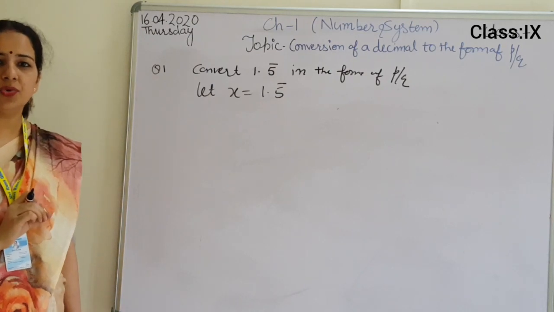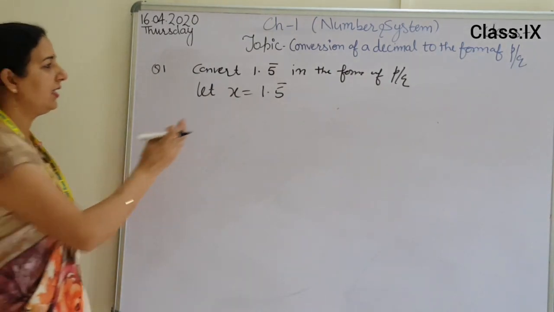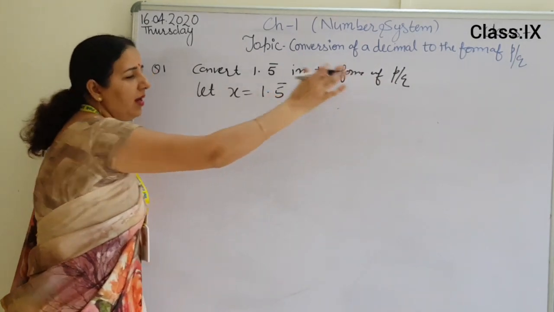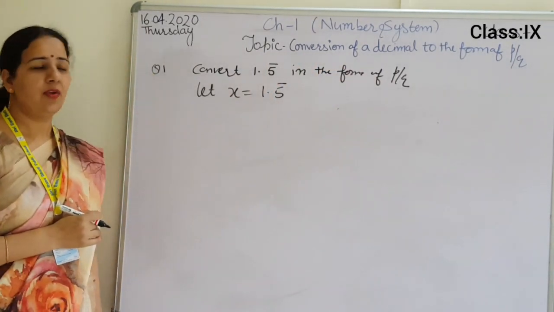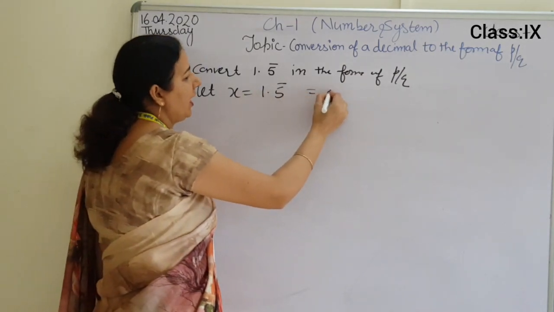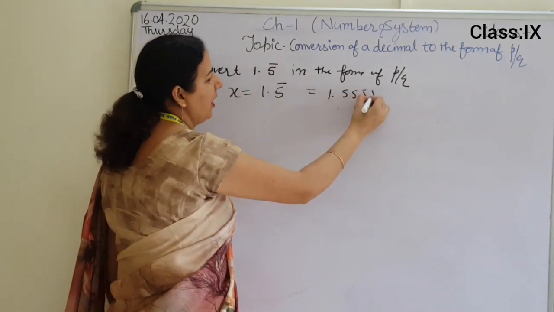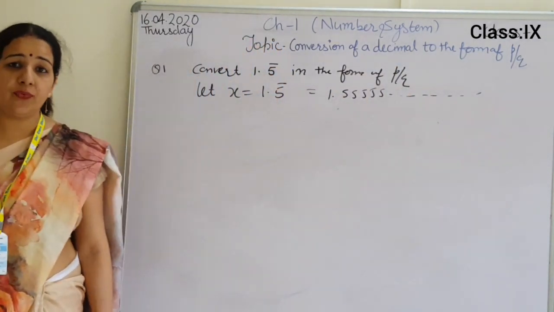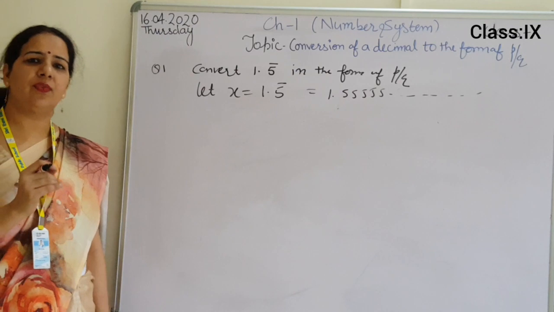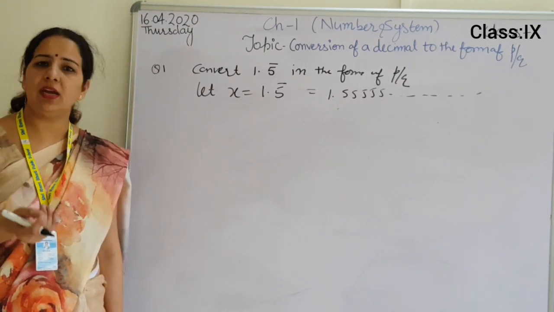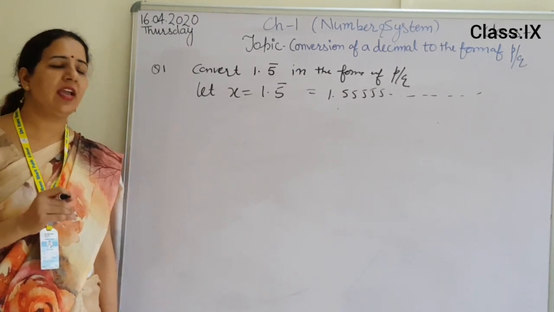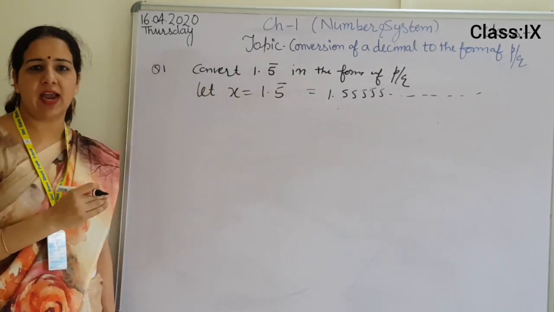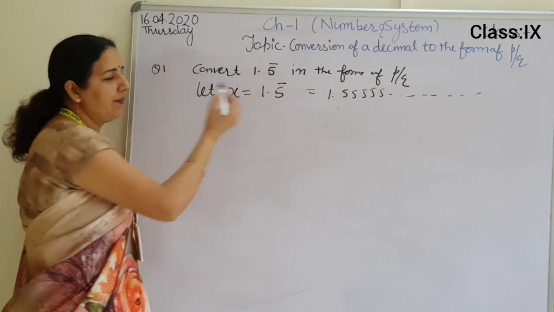So what will we do here? We will take one 5 to this side. There are infinite 5s here. We are having many 5s because we can write it as 5, 5, 5, 5 and so on. If there are infinite 5s and we take one 5, they will still remain infinite. So there will be no effect on the bar if you take one 5 to this side. Means I want to shift one 5 to this side.